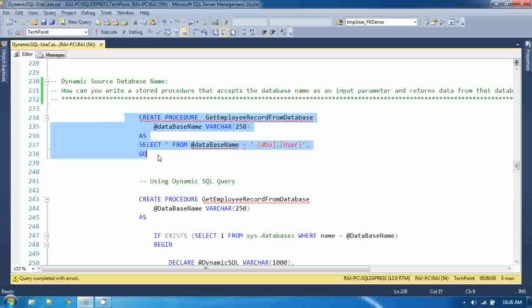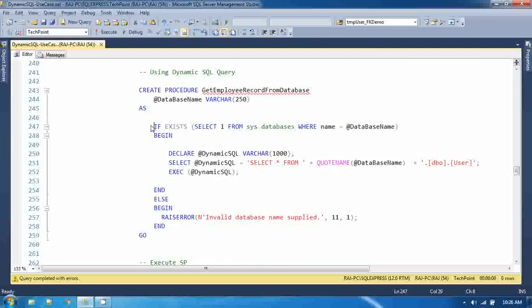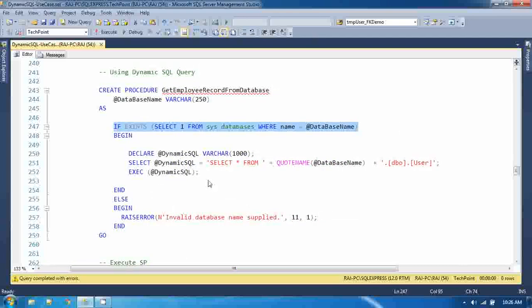The only solution is to go with the dynamic SQL query. Using a dynamic SQL query, here first I am checking whether that database name exists or not. If the database exists, then go and execute this dynamic SQL: select asterisk from QUOTENAME. Again, I am using QUOTENAME to quote this